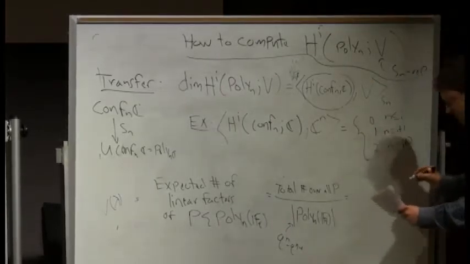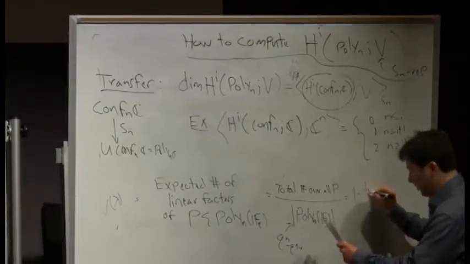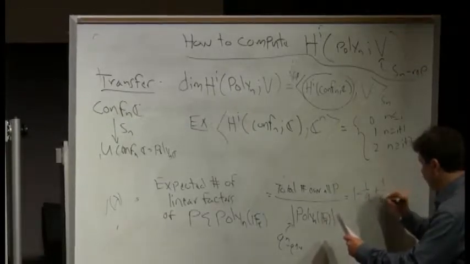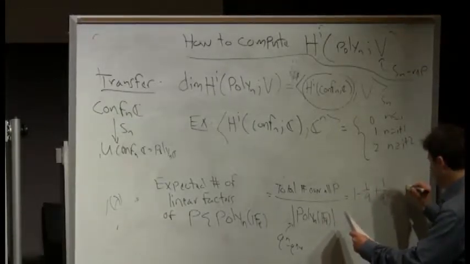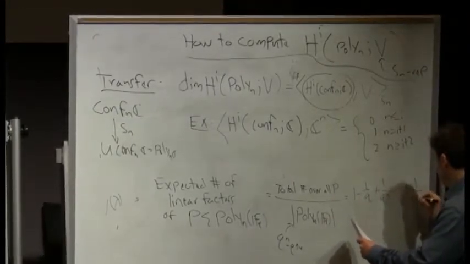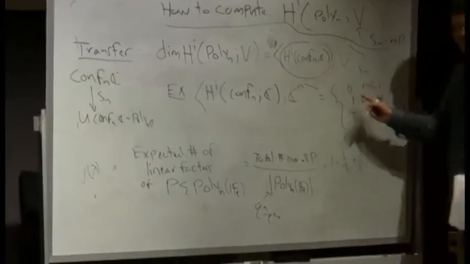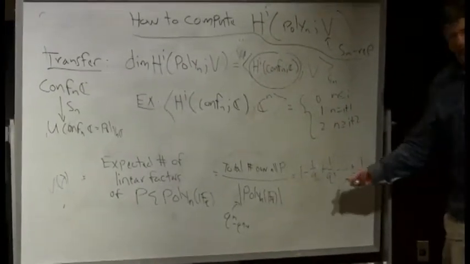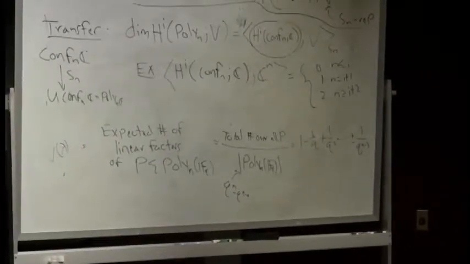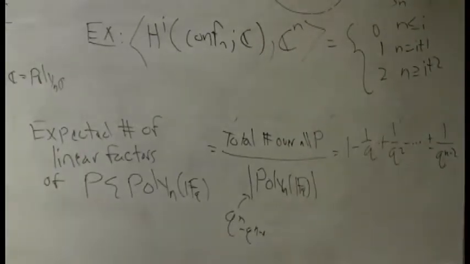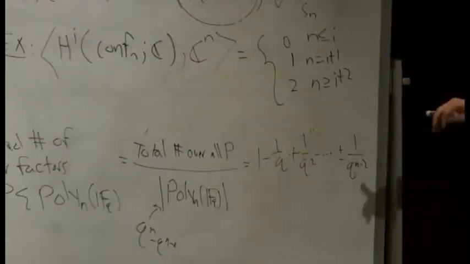And you end up getting 1 minus 1 over q plus 1 over q squared minus dot dot dot plus or minus 1 over q to the something. In this case, we're getting an exact count because we can do this exactly. So this is a number theory thing. You can do it. It gets a little harder, and other ones get really hard, but you can do them with the theory of L-functions and stuff. But it's the bridge that's important. So any questions?